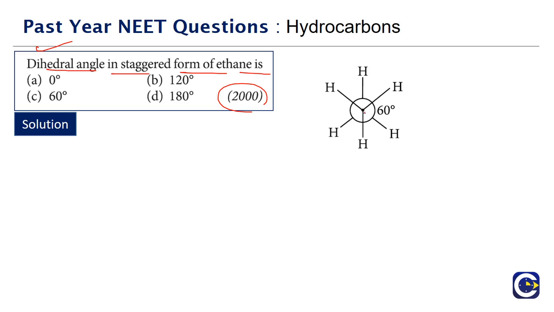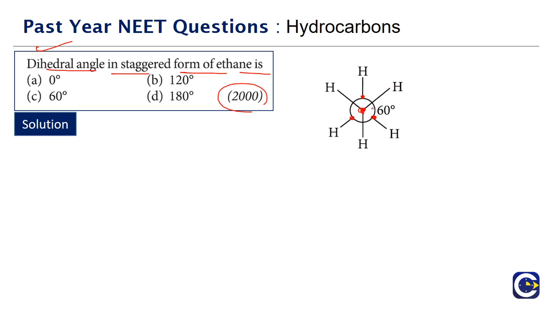So if you look at it with respect to the carbon atoms, so this is one carbon and the back side will have another carbon, that is the representation. So the hydrogen bonds that are ending at the center, these are the hydrogens attached to the carbon that is facing us, and the bonds which are ending on the edge of the circle, these are the hydrogens attached to the carbon that is on the back side. Okay, that is the representation.